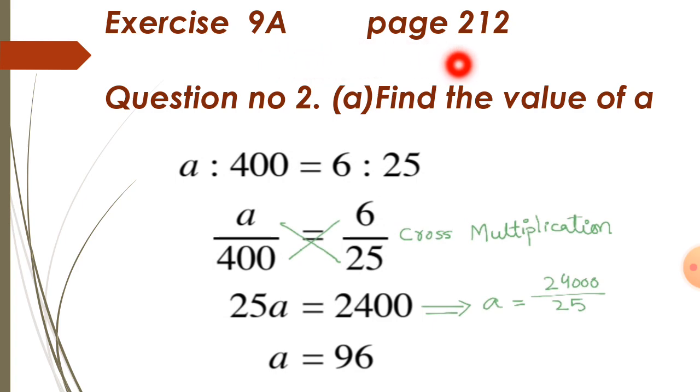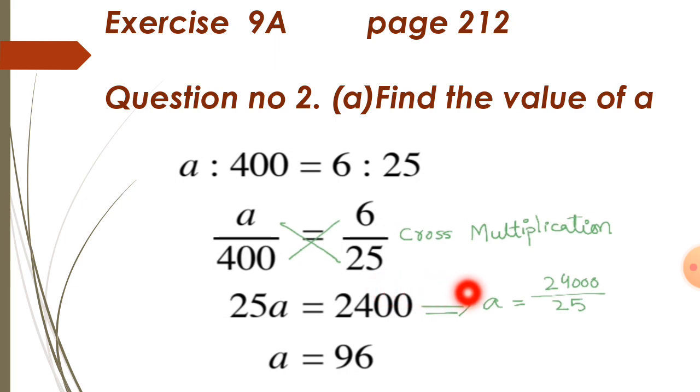Exercise 9a, page number 212, question number 2 is there. Part A. Find the value of A where A ratio 400 is equal to 6 ratio 25. We can write in the place of ratio division as well, like A divided by 400 equal sign 6 divided by 25. In green color you can see that there is written cross multiplication. You can multiply A with 25, that becomes 25A, and 400 with 6, it will be